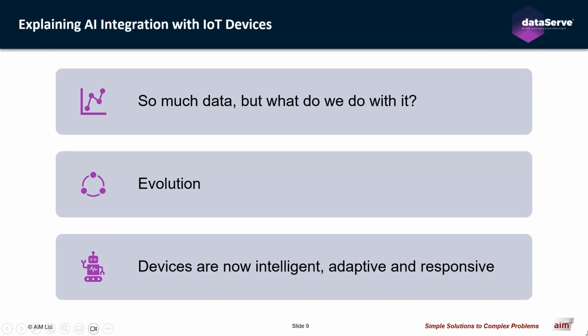For example, in an industrial setting, integrating AI and IoT sensors can revolutionize predictive maintenance. Instead of simply collecting data on equipment performance, AI-enabled sensors can analyze that data and detect patterns that indicate inefficiencies or even impending failure. This proactive approach allows organizations to address maintenance issues before they escalate, minimizing downtime and maximizing efficiency.